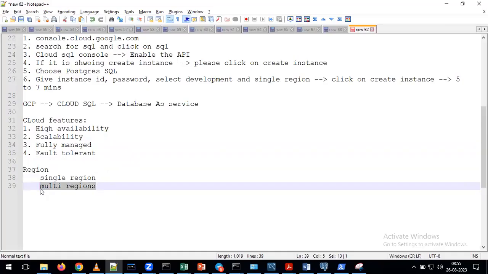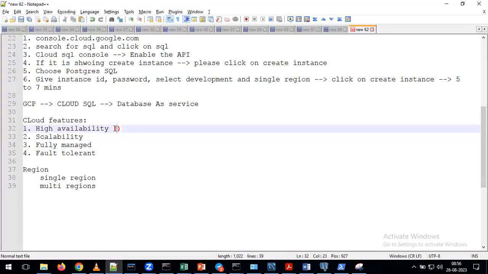What does it mean indirectly? The instance we create is created in multiple regions. If the instance in any one region fails, everything is automatically replicated from the other region. That kind of feature we call high availability. Now tell me, in the cloud, what percentage of high availability do they give?